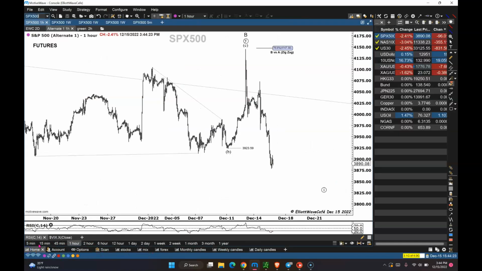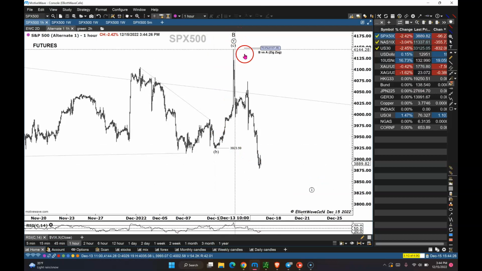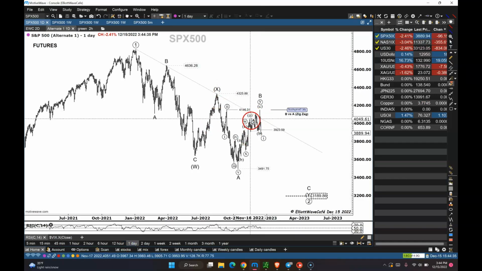Let's go on the futures. What I'm watching is after the top in this B wave up into the 78.6. So that's how much we retraced in this B wave. If you look at the daily time frame, we surpassed the 61.8 and we came to 78.6 of this latest decline.